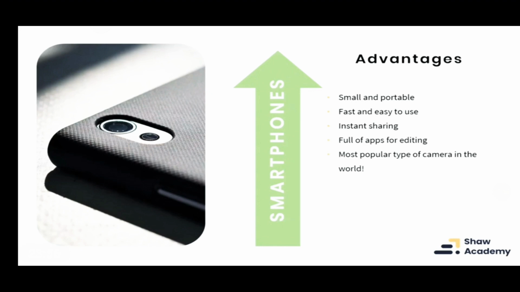And simply put, it is the most popular type of camera in the world. It outsells every other single type of camera out there. And it's great for nearly all types of photography. Understandably, there's certain types of photography that we're going to struggle a little bit more to do with our phones, but for the majority of the photographs that we will be taking, phones are great, and in particular they're fantastic for taking photographs of people. They're also always improving the technology, so it only ever gets better.